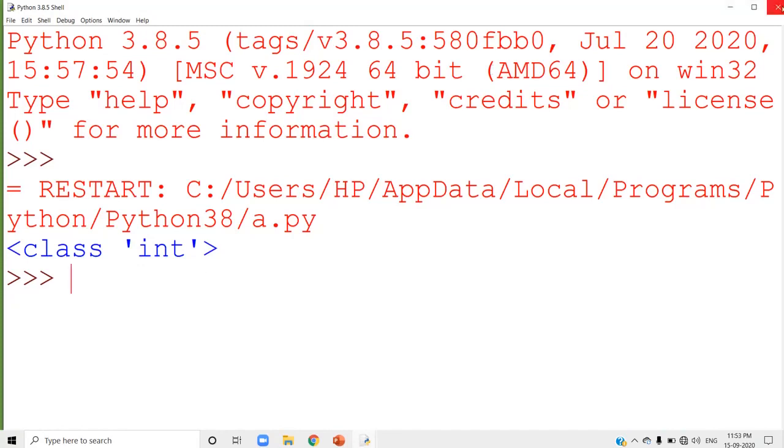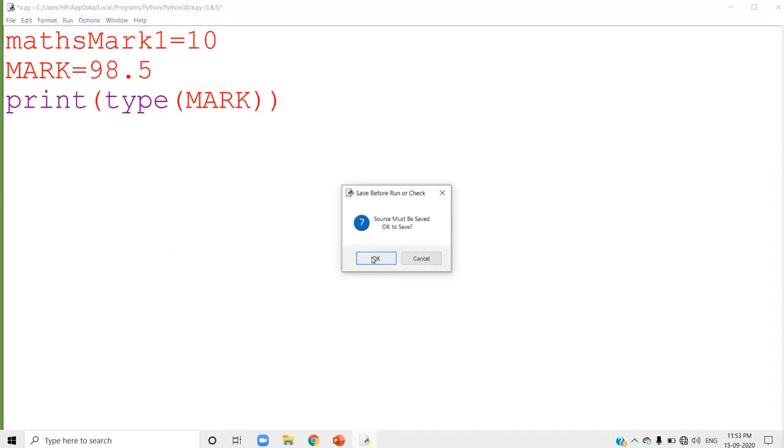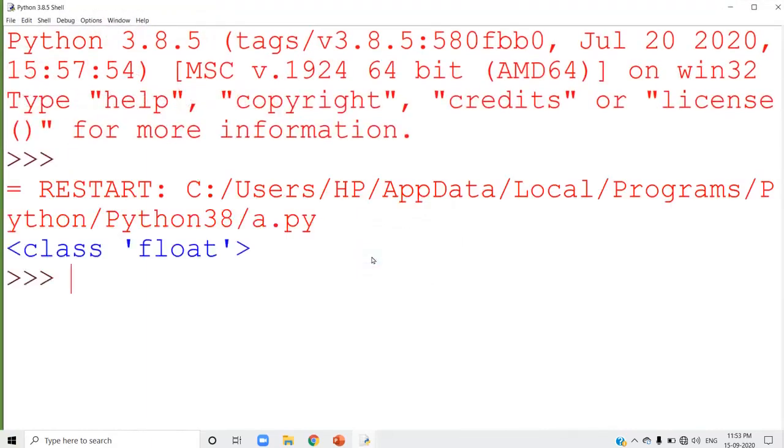I am going to give the mark as 98.5 and try to run this program. Yes, this is float. What do we mean by float? I explained this already in the last class.